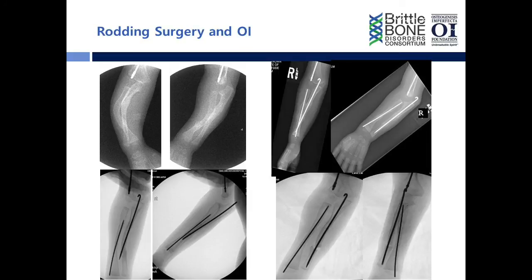And then the last example is just a forearm example. So we can't use growing rods in the forearm because the bones are so small, but you can see this patient with a significant bowing deformity of the forearm. The surgery was done when they were 3.5 years old, and you can see the nice correction and how straight it was on the top right picture, and then the bottom left you can see how that patient has grown, where those wires are